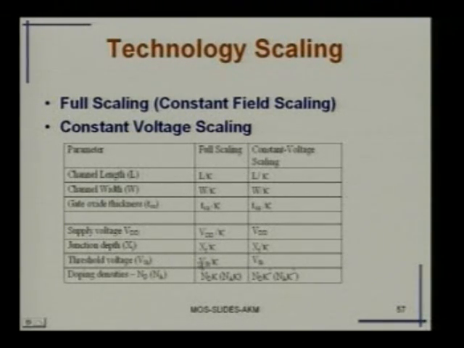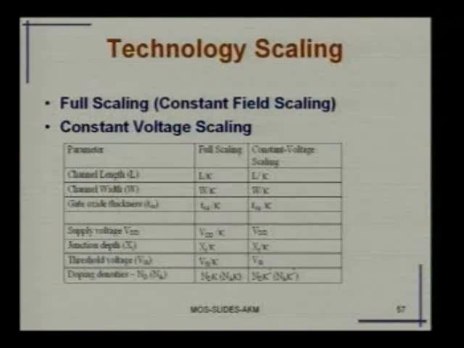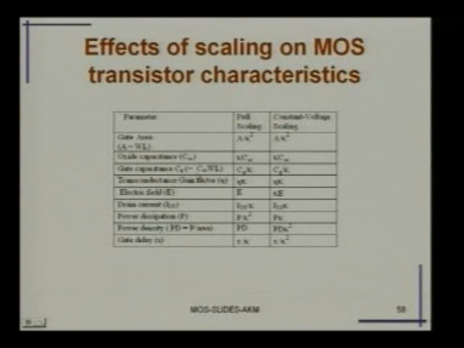Then the threshold voltage, this is where the problem starts creeping in. We need to reduce the threshold voltage by K. Now, to reduce the threshold voltage, we have seen that many of them are dependent on the process parameters. So, what you will have to do is change the doping concentrations, one of the ways of doing it. So, the doping densities have to be increased by K times. When you do the P type or N type, the doping densities have to be increased, and if you do this factor, then you can see that the electric field remains constant,